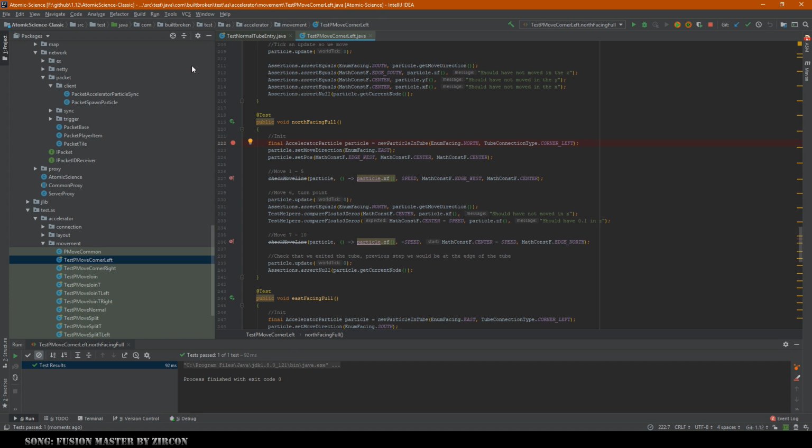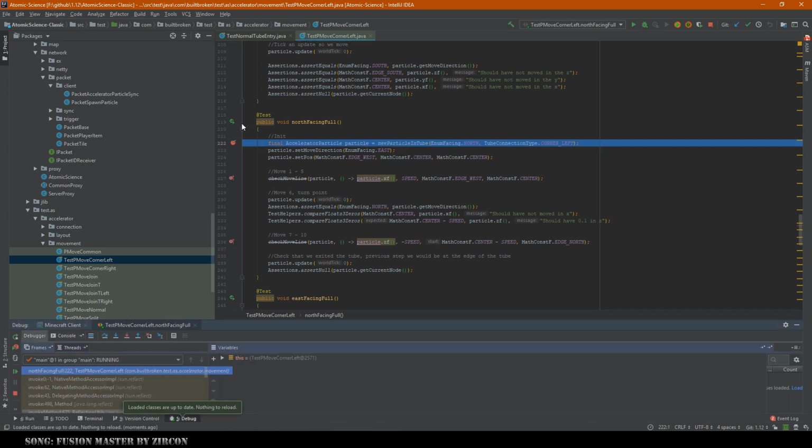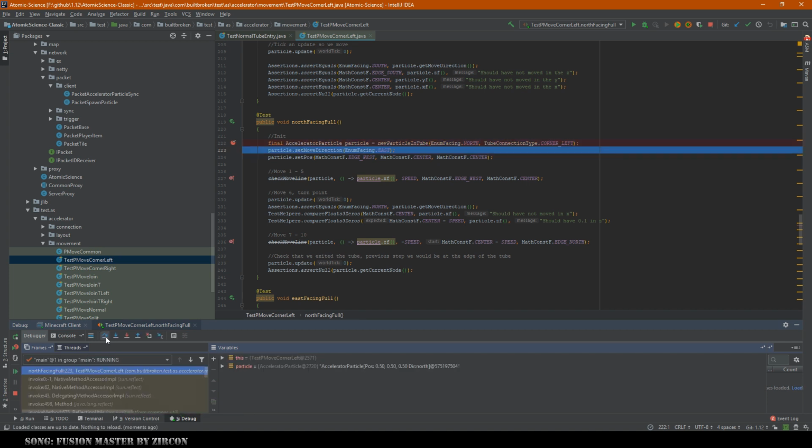If we do have a bug and we catch it real early in development, I can come in here and go, hey, our north-facing full failed, but all the other directions are working. What happened with this exact configuration of the tube that caused it to fail? I can run debug test on this, and we can sit here and watch what it does. Once it gets to a point, it will actually do this. It's sometimes a little bit slow. But we can see our